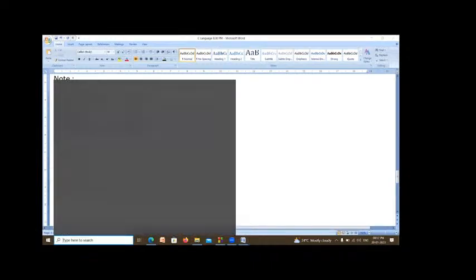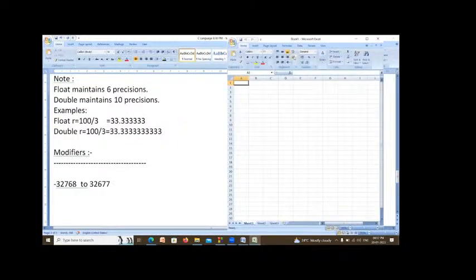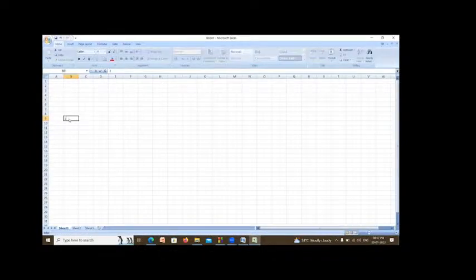Suppose, what is the meaning of this? I will explain. A 32-bit operating system means your system has the first bit, second bit, third bit, fourth bit, like that. It starts with 1, then double is 2, double is 4, double is 8.